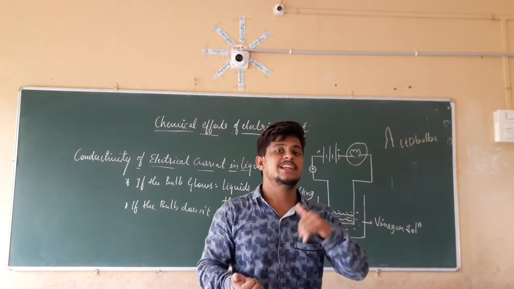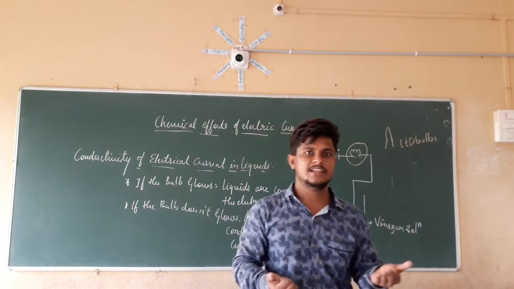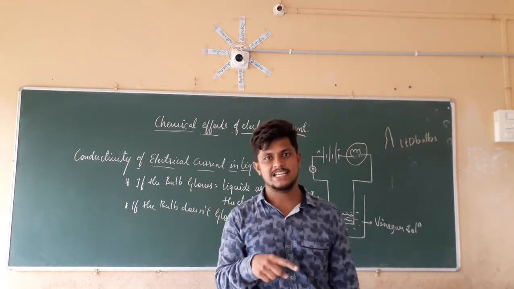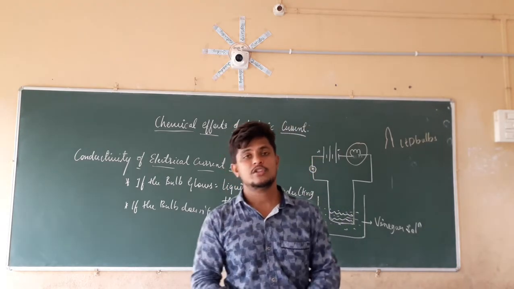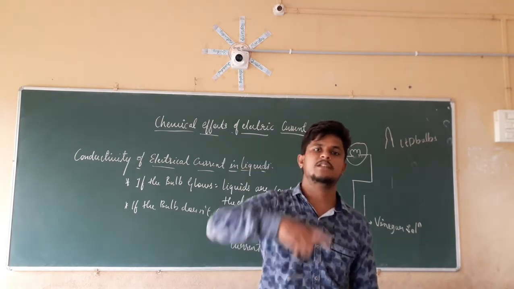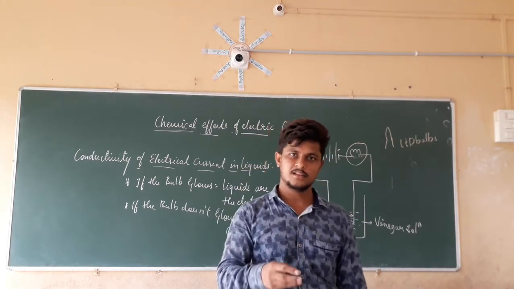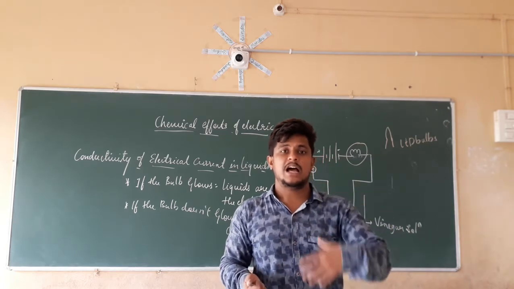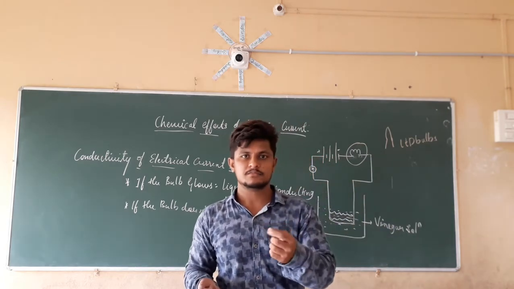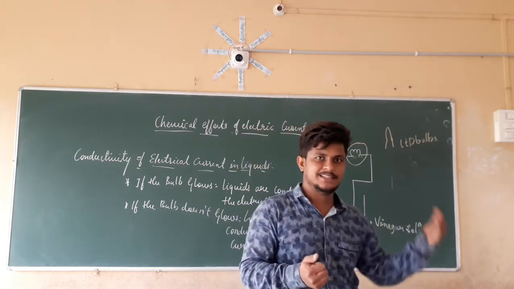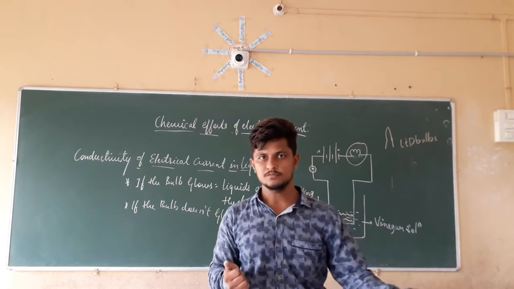Nowadays, we are using LED bulbs. If you see the ratings of those LED bulbs, they have 9 watt, 12 watt, 6 watt, 3 watt. That means the electrical energy requirement for those bulbs is less, so those bulbs are going to glow with a limited amount of electricity also. If the supply of electricity is less, they are also going to glow.